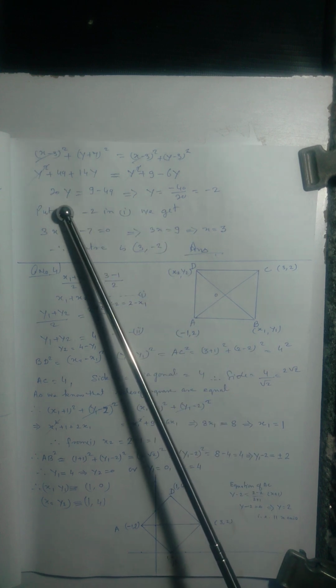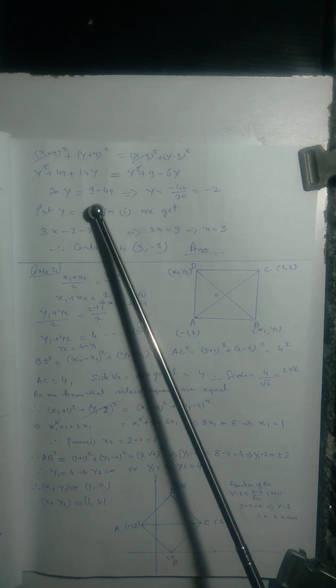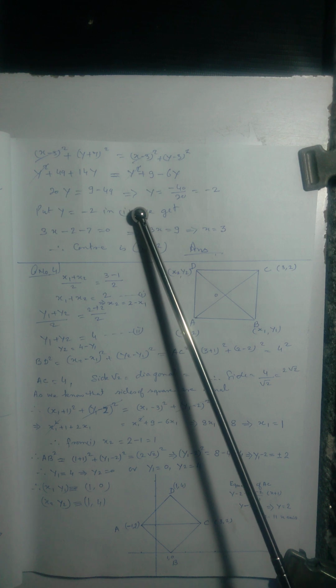So we are left with only the y part, that is 20y is equal to 9 minus 49, that is equal to minus 40, so y will be equal to minus 40 divided by 20,